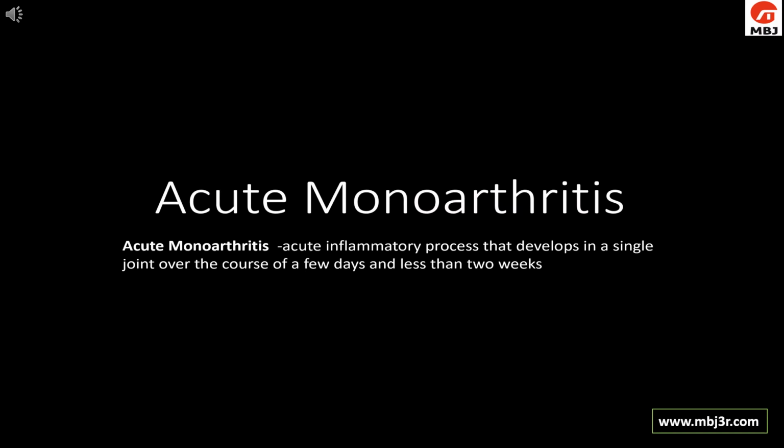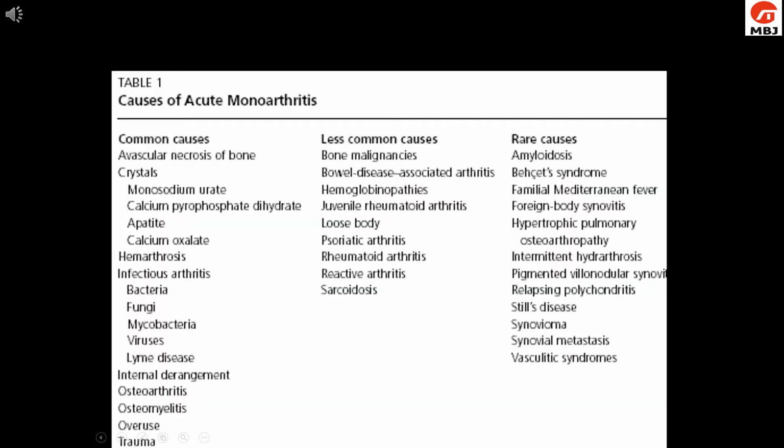Now, I will talk on acute monoarthritis. Acute monoarthritis is an acute inflammatory process that develops in a single joint over a course of a few days and less than 2 weeks. Common causes of acute monoarthritis are avascular necrosis of bone, crystal-induced arthropathy, hemarthrosis, infectious arthritis, traumatic arthritis,